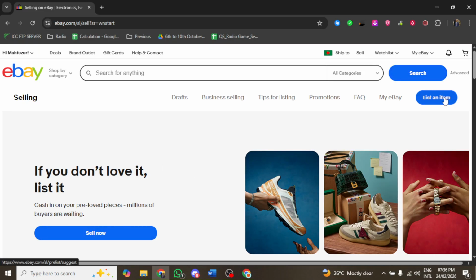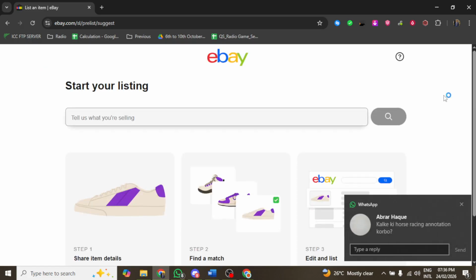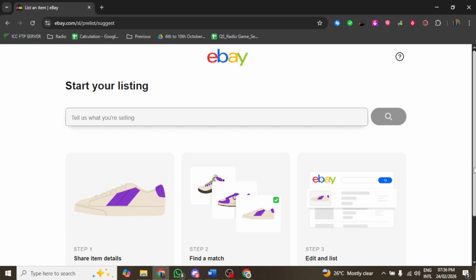Once you are signed in, navigate to the sell section, which can typically be found in the main menu. Here you will start creating a new listing for your product. It is essential to choose a product category that supports variations such as clothing or shoes. Selecting the correct category is crucial because it ensures that buyers can see all available options for size variations, enhancing